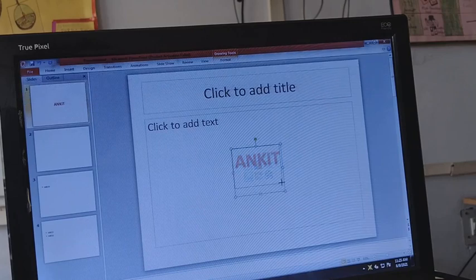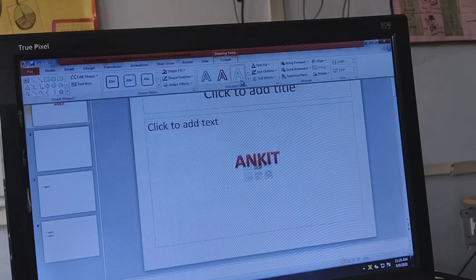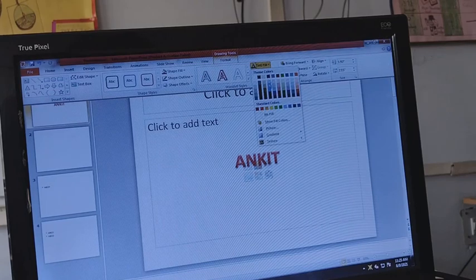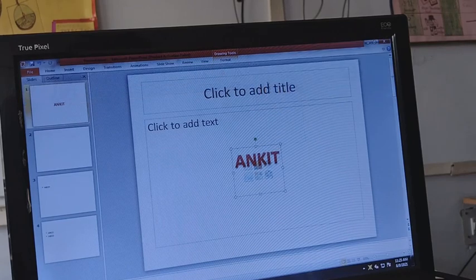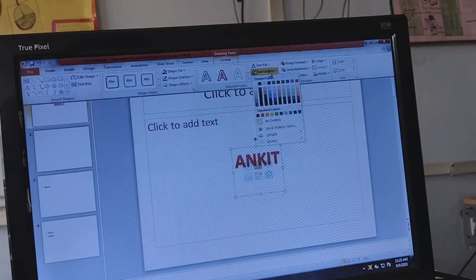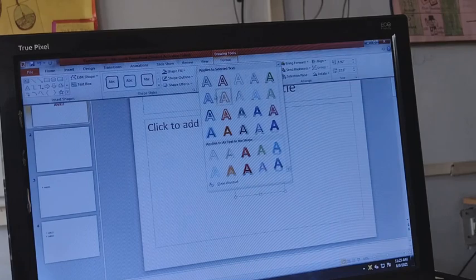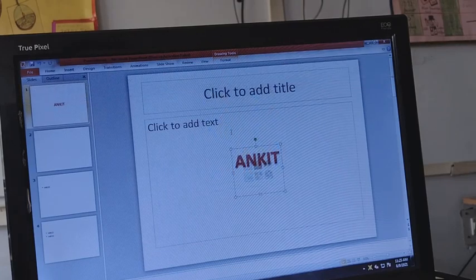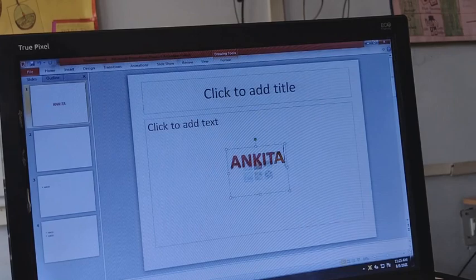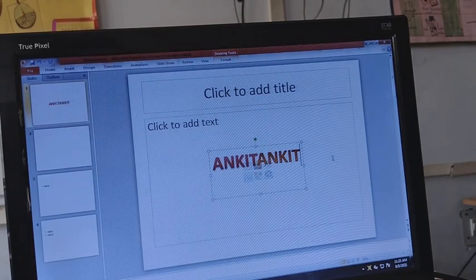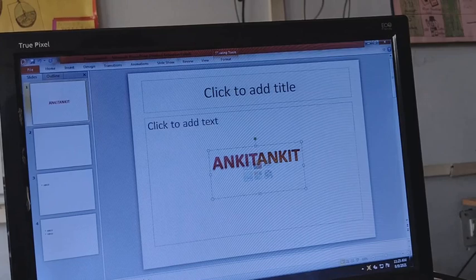There is the format tab. When you are entering the data, you have the format option. By the format option you can change the different layout, text fill. You can change the text fill also, the color of the text fill, whatever color you want inside it. The text outlines, you can change the outlines of your text, and you can select it from here also. There are the different parts, whatever you want you can select it from here, and then you can write by choosing it from the format option.